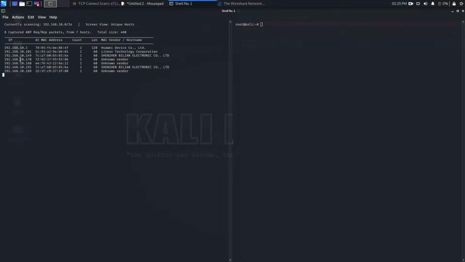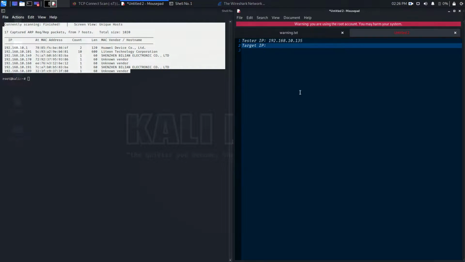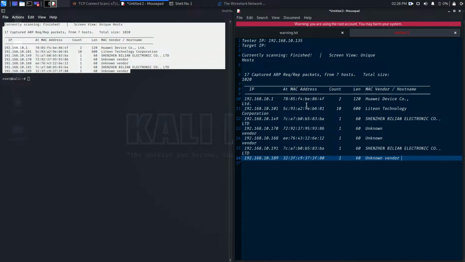Okay, so we got some IPs that are in my network, and I know these IPs. We can go one by one, but I want to save time, so I'm just going to take this IP because I know this IP is the new one. I'm going to copy this and paste it here.